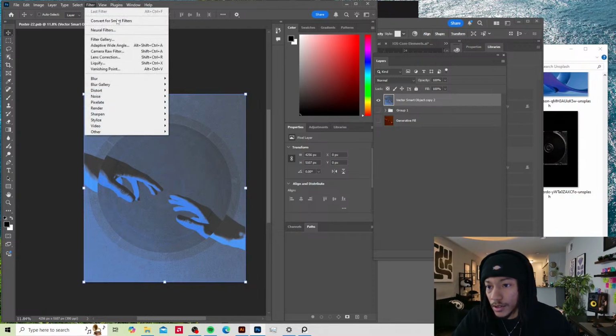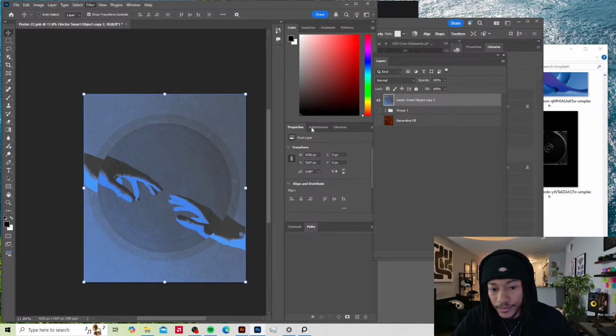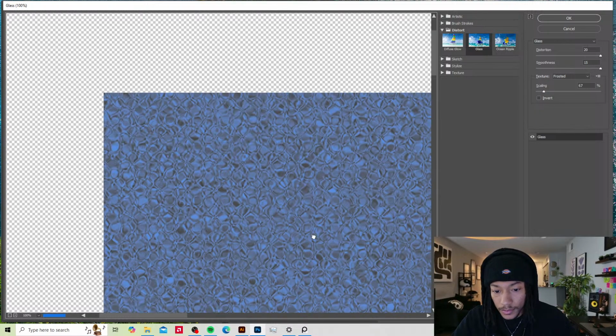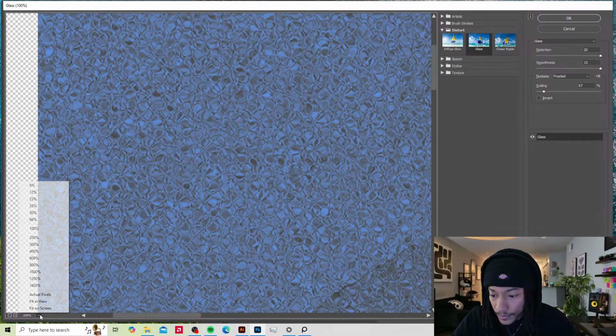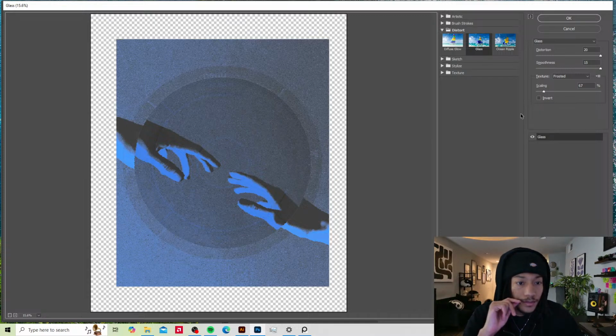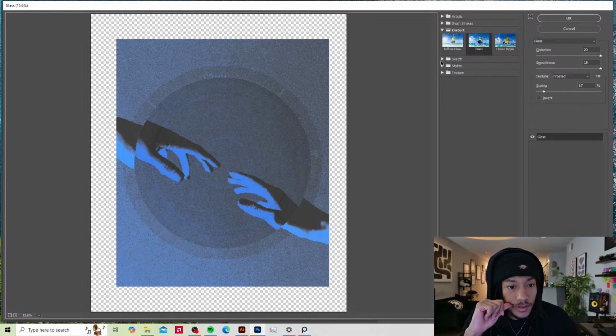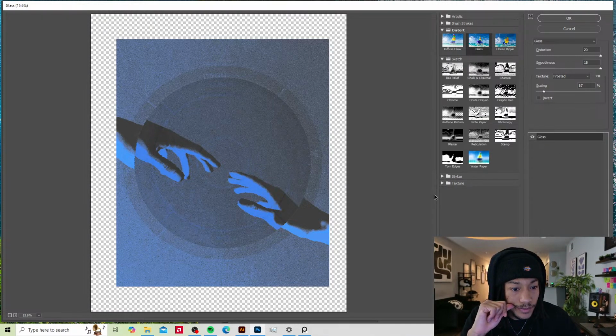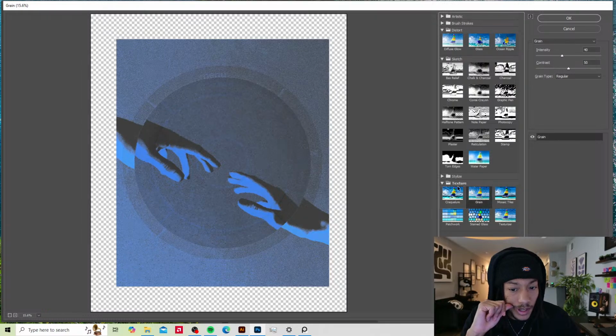And let's see if we can do like, whoa, what is that? Oh, glass distortion effect. Let's see if we can change that to grain. Let's do